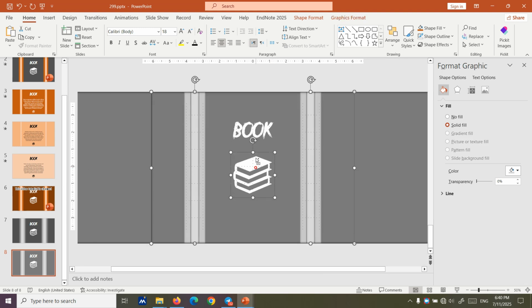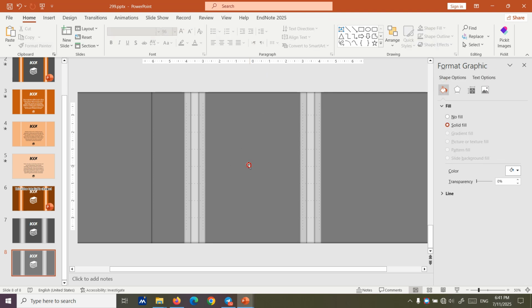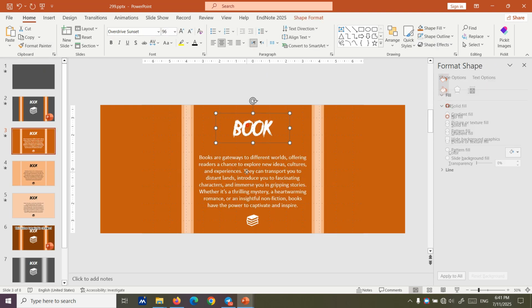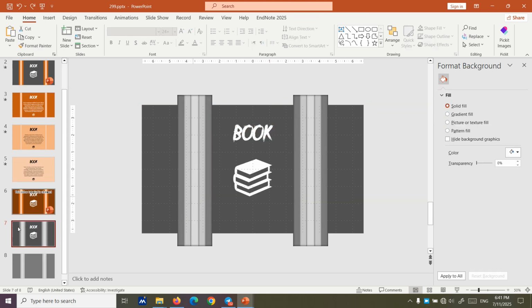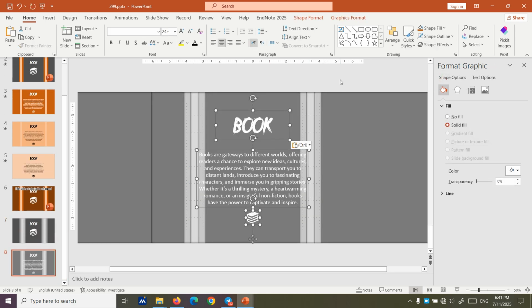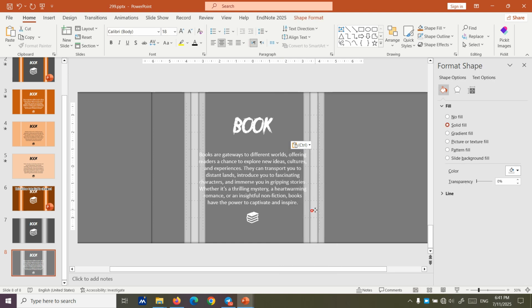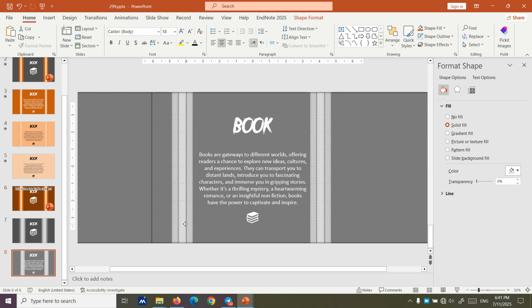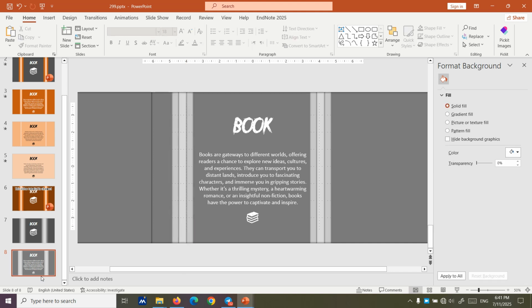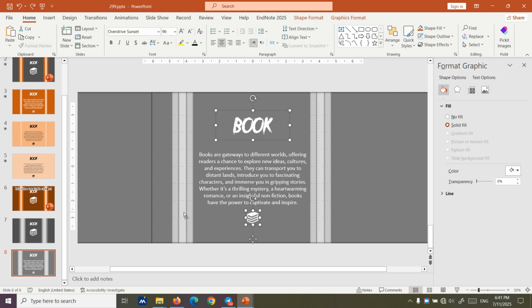Okay, after increasing the size I just simply delete them because I have the reshape type of them, and copy that, paste it here, paste it here. And also I think I need to move them a little here and a little here. Okay, that's good. I copy that one more time, but before copying I select these 3,